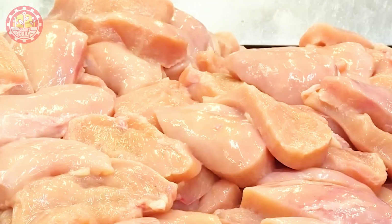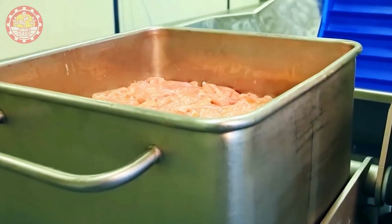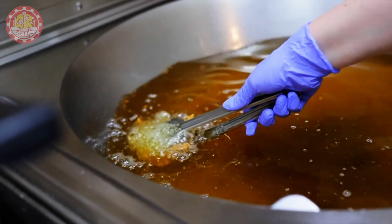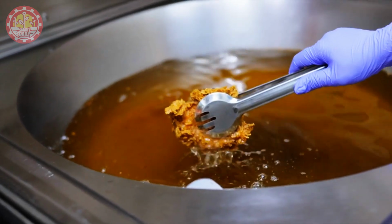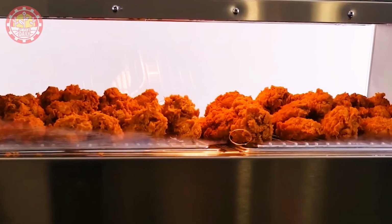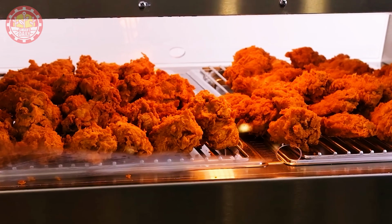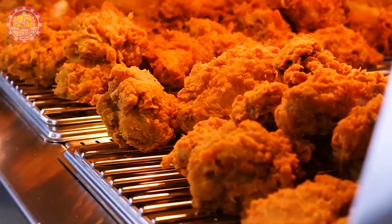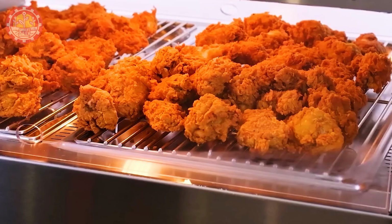The tenders soak in a special salt solution before breading, locking in moisture. Flash frying. The outer layer crisps up quickly, sealing the juices inside while preventing overcooking. Resting after cooking. Instead of serving immediately, KFC lets the tenders rest for a few minutes to let the juices settle inside. KFC's tenders are designed to retain 20% more moisture than traditional fried chicken, keeping them soft and juicy